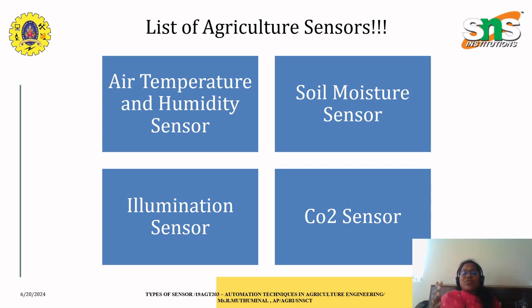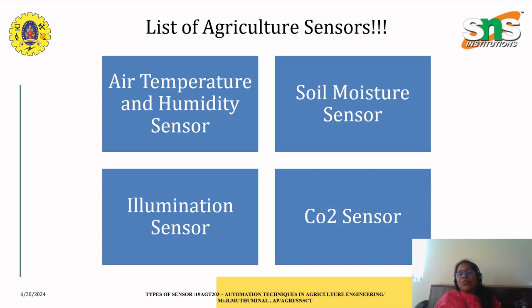My main aim is this: I can't go everywhere inch by inch to manually verify the condition there. So in order to avoid a reduction in quality, I can utilize a sensor which can directly sense the data available in the soil and intimate me, so that I can enhance my crop yield or production. This is why we need an automation technique in the agriculture industry, which will reduce manual labor.